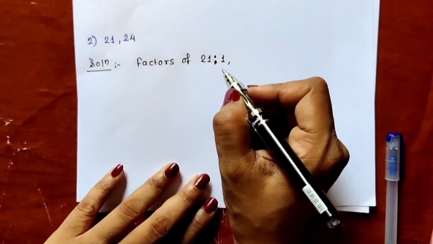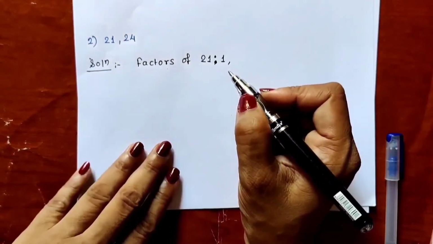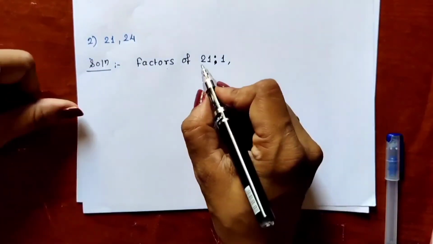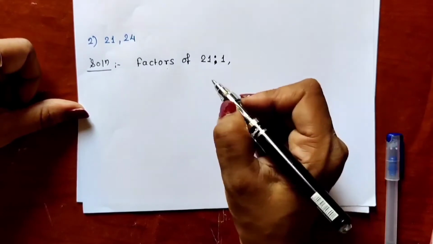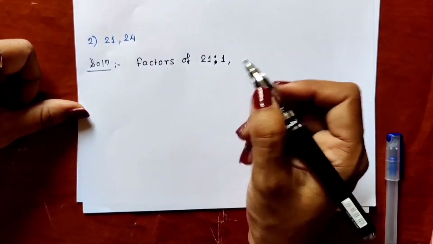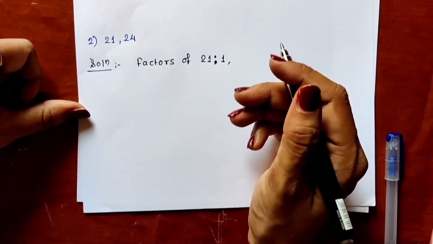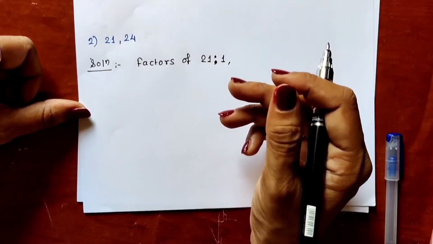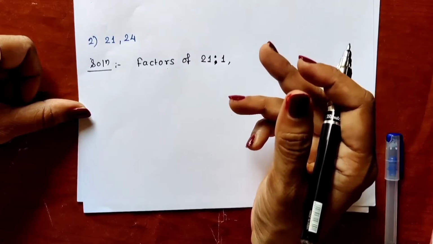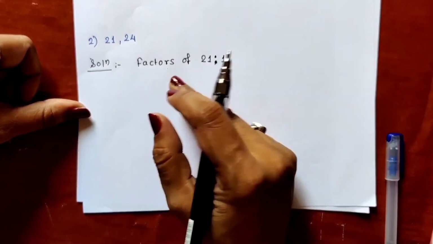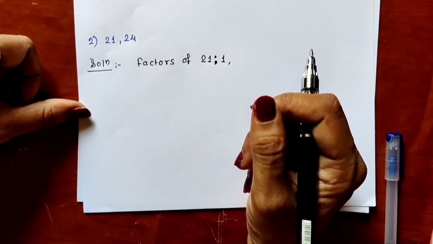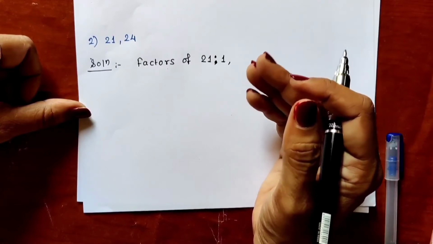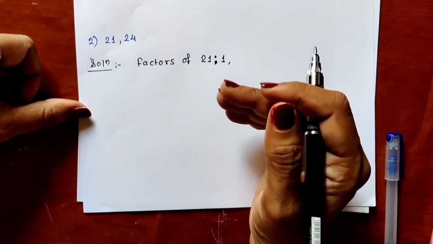Is it divisible by 3? Yes, it is there in the table of 3. 3 7s are 21. And 2 plus 1 is 3. 3 is divisible by 3. We can check it by the test of divisibility also. And if the number is smaller, then we can check whether it is there in the table of the number. And from that you can find out the factors also. Okay, because we have learned the test of divisibility in our previous chapter.